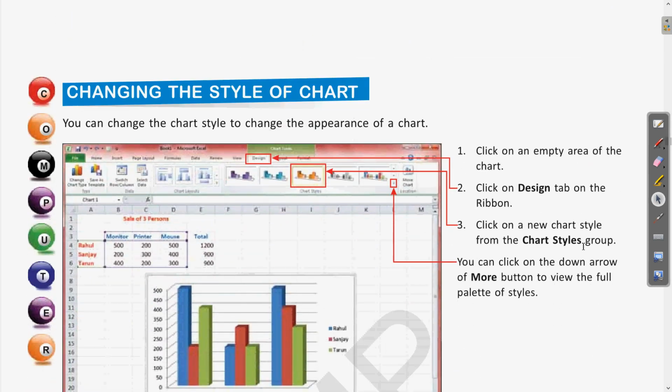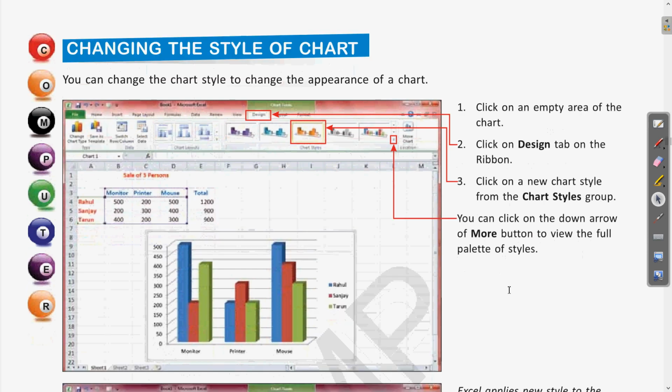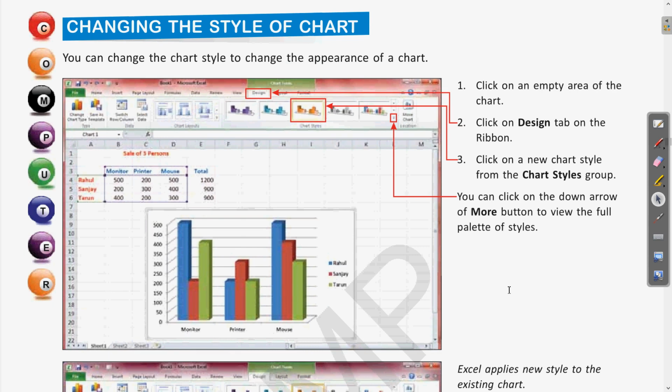Next we have seen changing the style of the chart. How to change the style of the chart? Whenever we design any chart, there are various options in those chart styles. For any type of chart, bar chart, pie chart, there are various appearances of the chart. Clear? They are called the chart style. This chart style is also present in the design tab. In the ribbon area we can choose the different appearance of that chart, so that will be a different style.